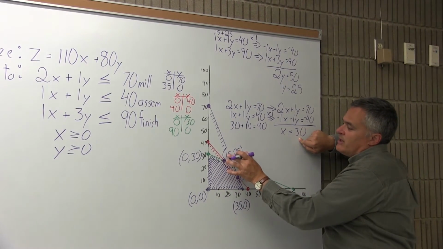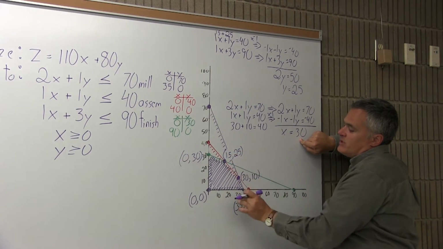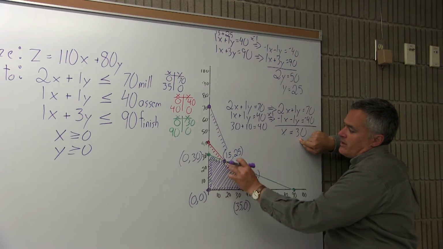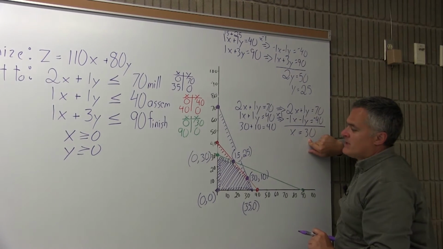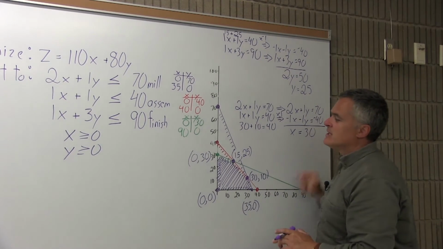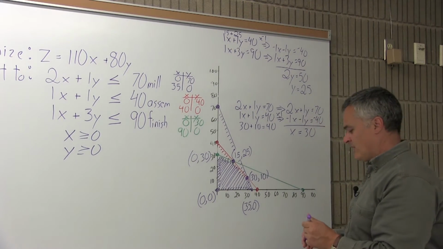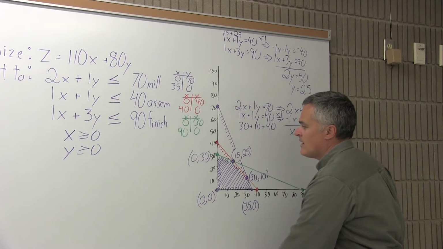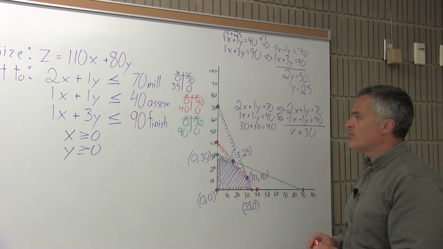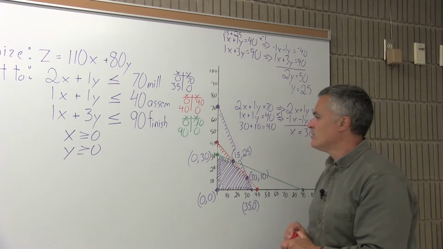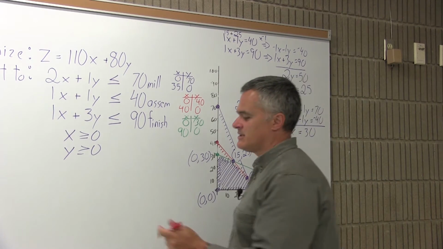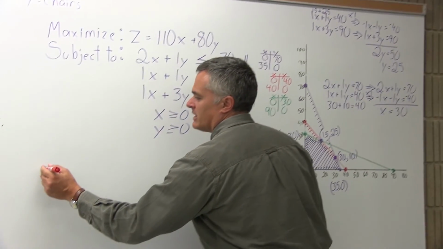And the other one that we did before, that we got 15, 25 for the coordinates of the corner point, seems reasonable based on my graph. So what happens now is I have to set up the chart and plug each corner point into the object function and see what type of output I get. And I'll do that in a different color, just so I don't mix the colors together too much. I'll try and keep it clear